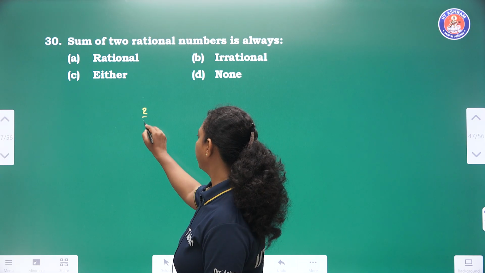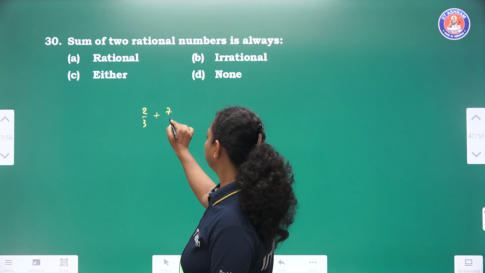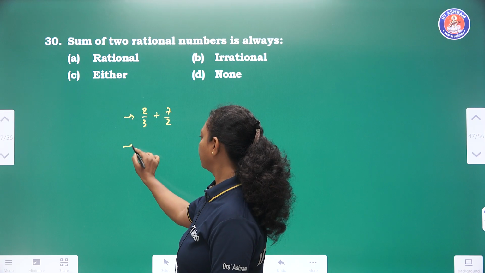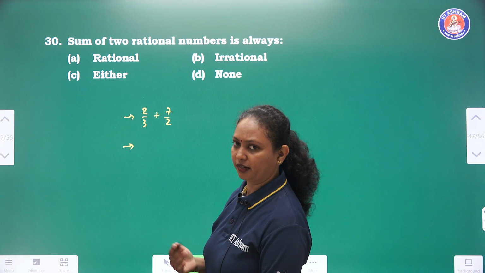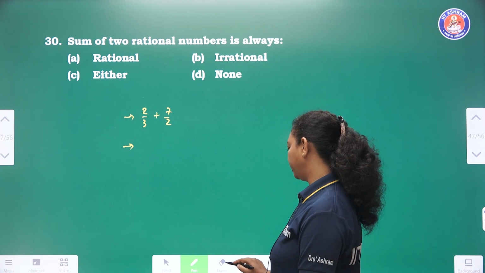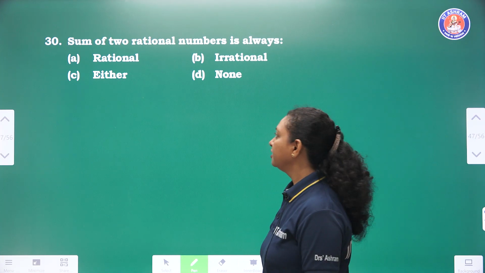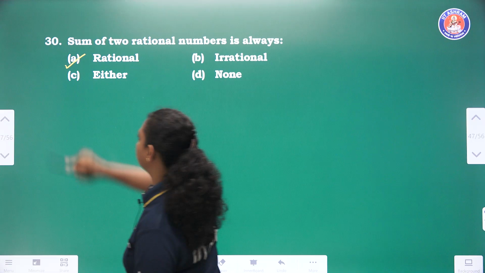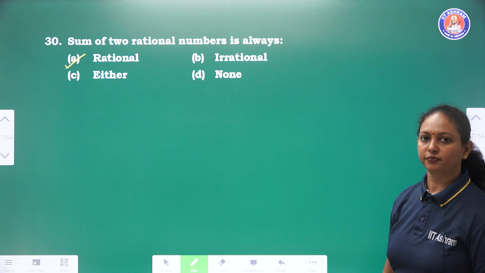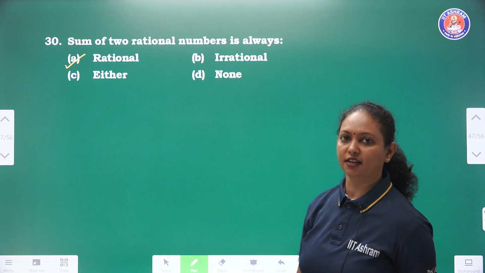पहले दो positive rational number ले लो, ठीक है, to check your answers. But you know that it is a closure property, so no need to waste your time because you have already learned it. So which option is correct? Rational. Okay? I hope आप सबने बहुत अच्छा किया है.